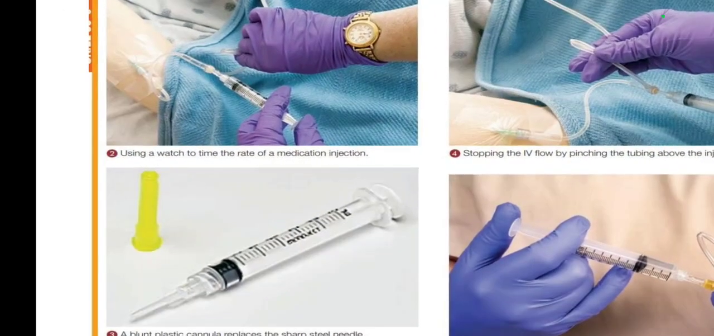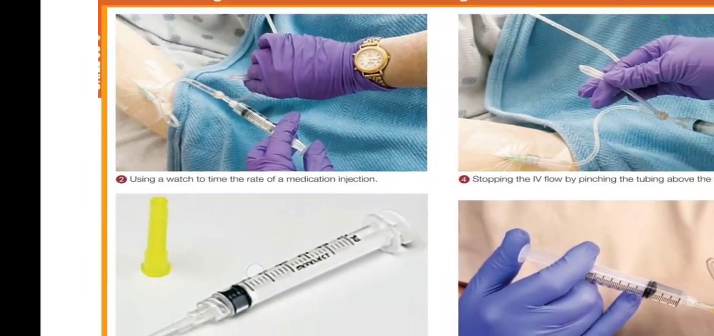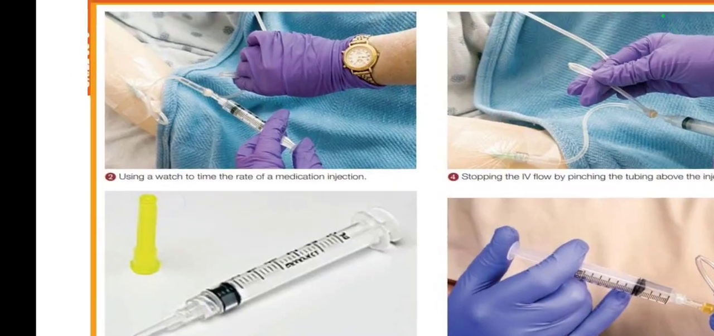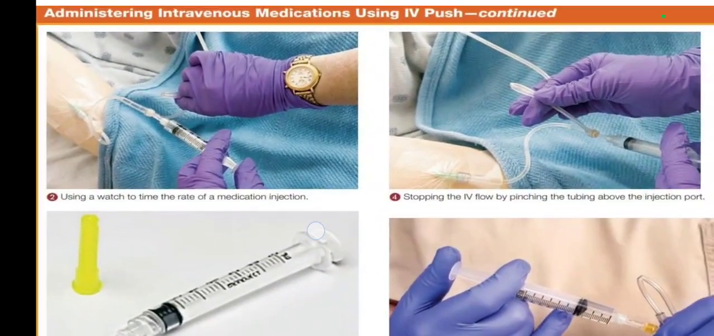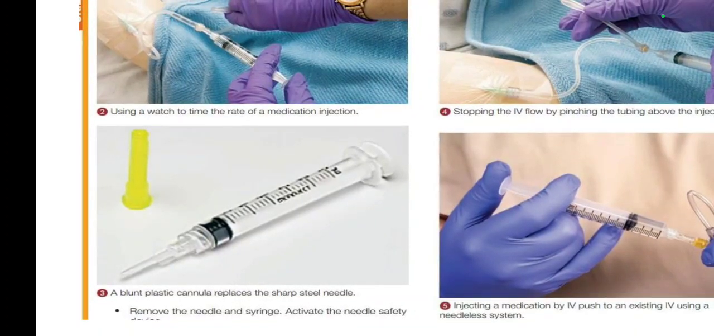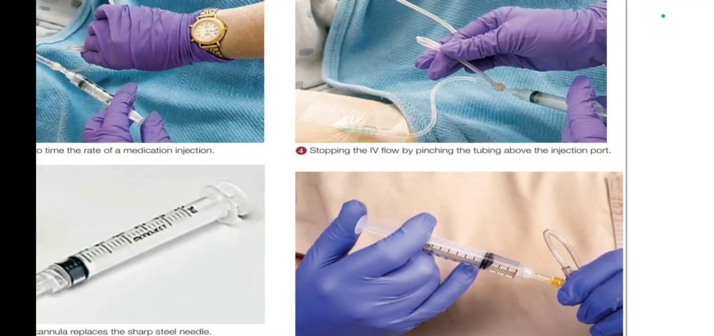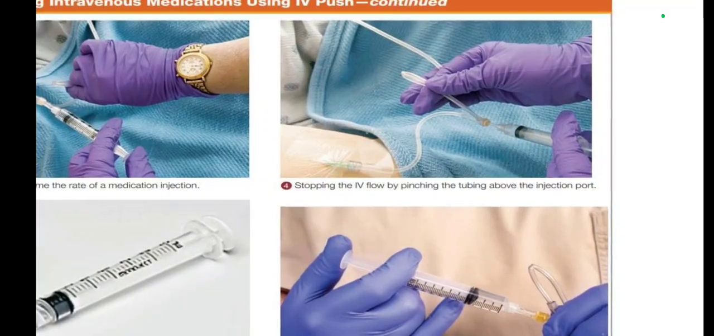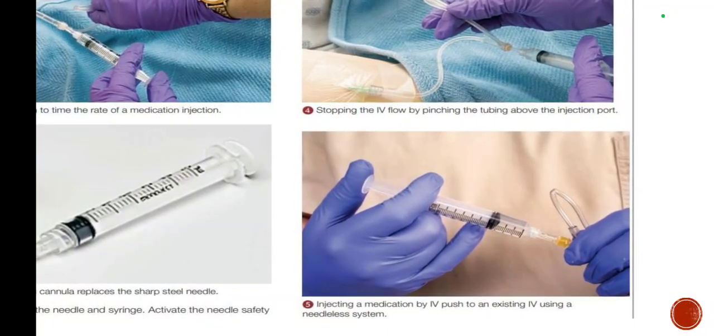Again, I have here the steps. Using a watch to time the rate of the medication injection. A blunt plastic cannula replaces a sharp steel needle. Remove the needle and syringe. Activate the needle safety. Then stop the IV flow by pinching the tubing above the injection port,